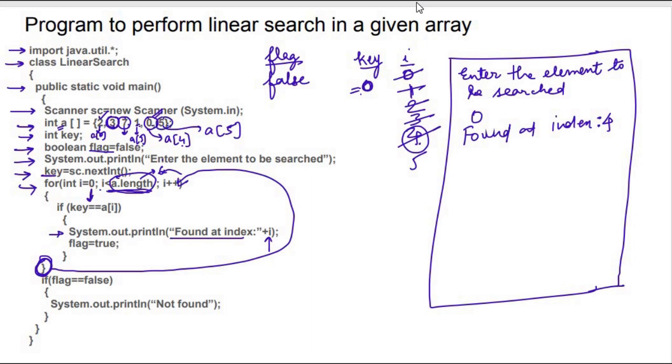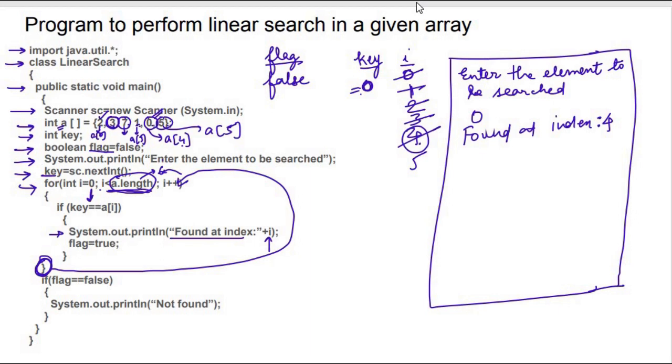So did you see one thing? This for loop continues till the end of the array. All the elements of the array are being checked. Even when 0 was found at A4, उसके बाद भी the for loop continues till the last element of the array. This 5 is also checked whether 5 is equal to the key or not.